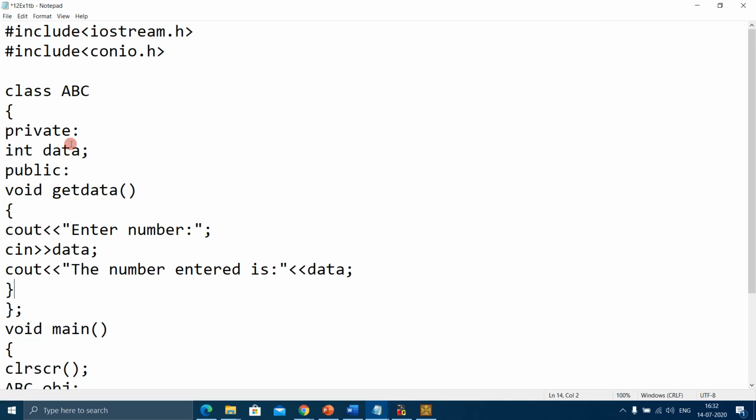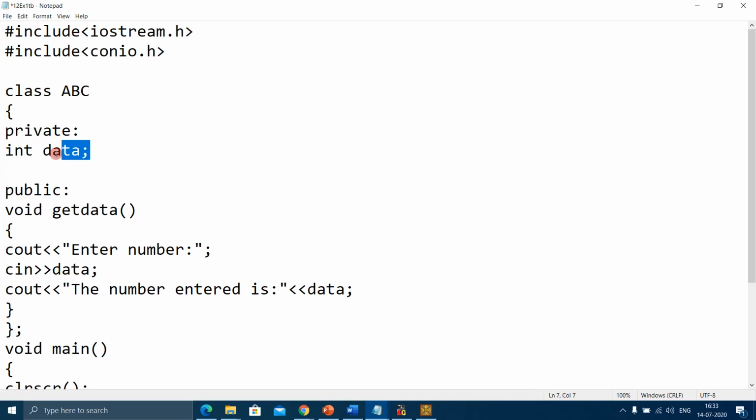And also, C++ is case sensitive. Case sensitive means capital letters matter. If you use a capital letter in private, then it will not recognize this keyword. Small p and capital P make a difference in C++. If it is small p, then you have to specify the small p. You cannot use capital P. But HTML is not case sensitive. Capital letters and small letters don't make any difference, but in C++ it matters. So this was private.